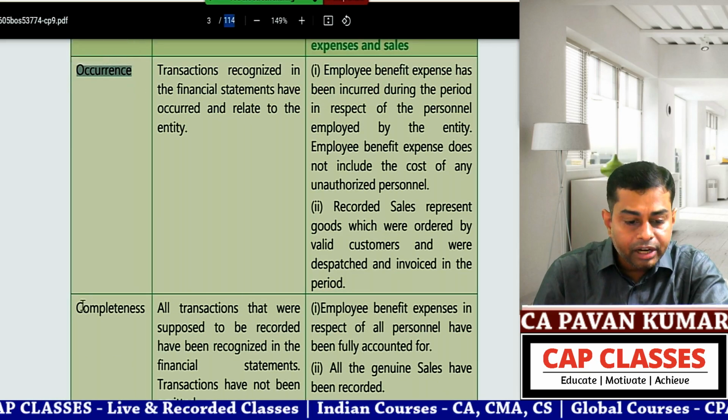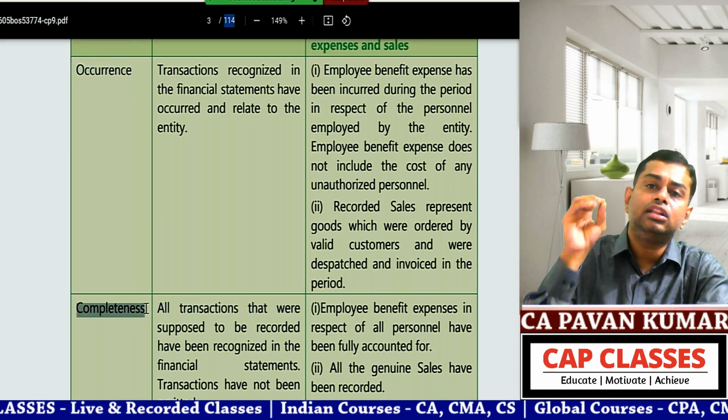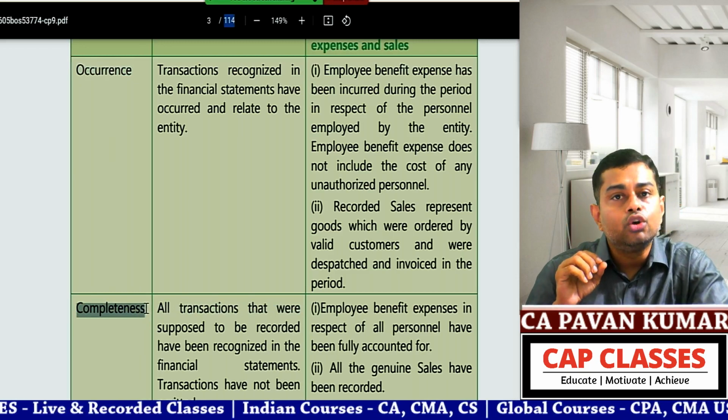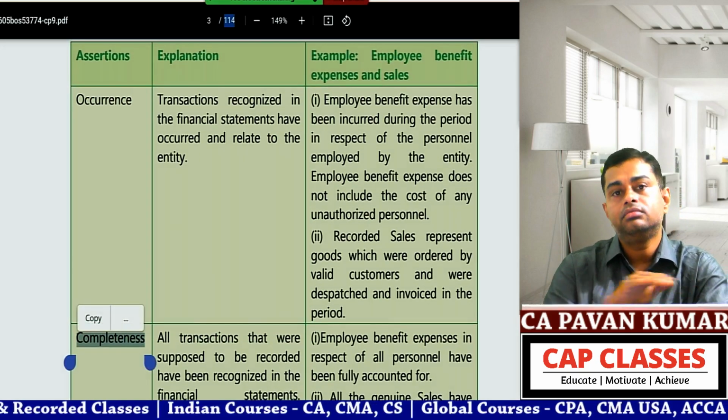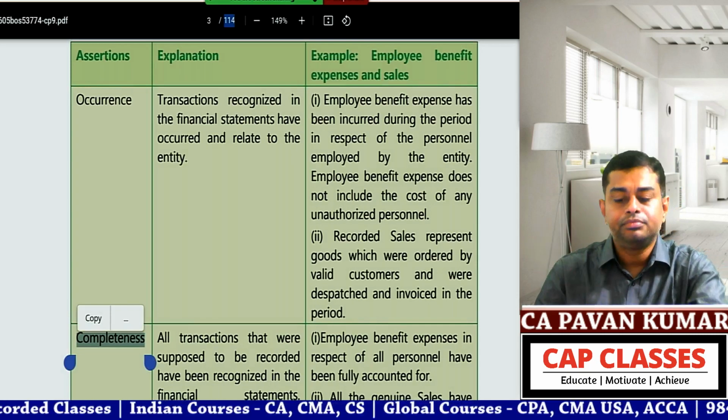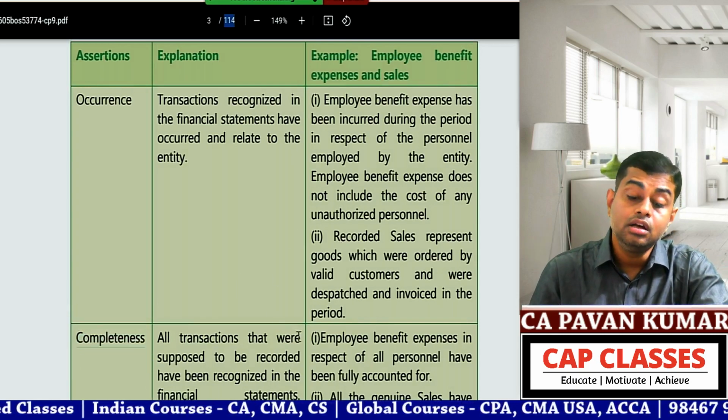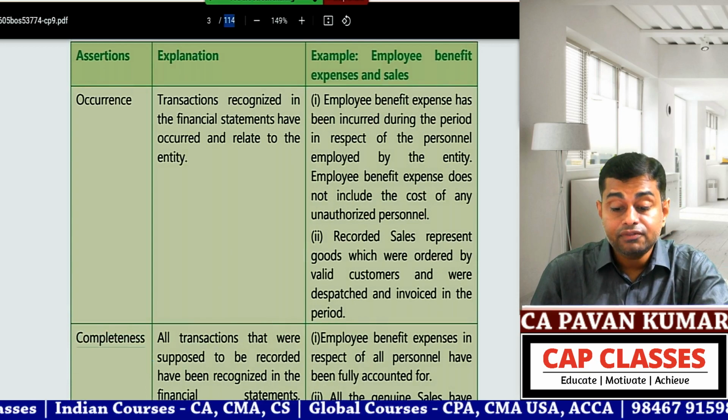Then completeness: whether all the transactions are properly included without any omission. So like that, you will put the heading and you will write one para. Enough. That's all. To make your life simple,